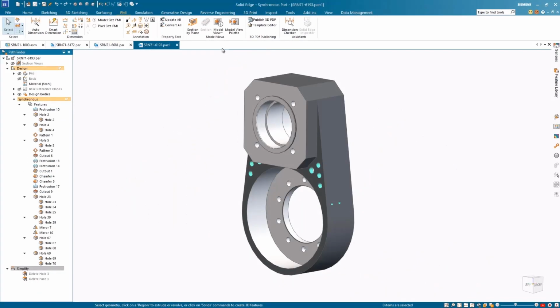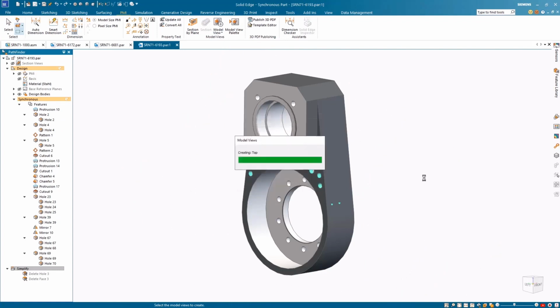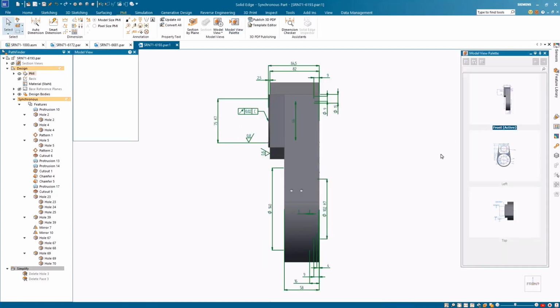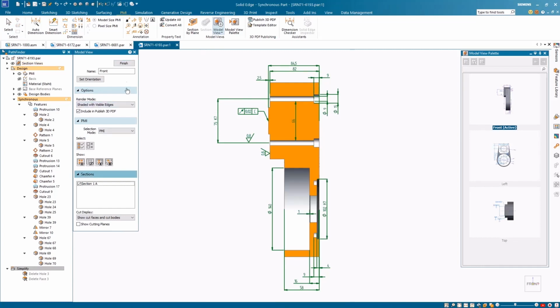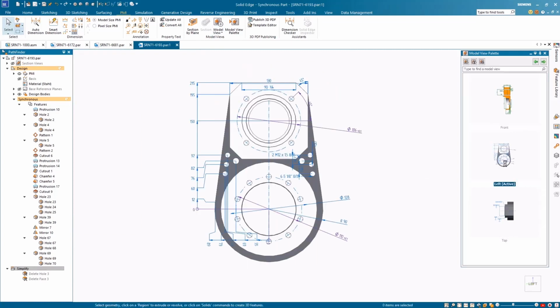The Common Model Views command allows users to create common model views automatically with the existing PMI. With the required view selected, Solid Edge automates view creation. Applying section views to a model view is easy with the enhanced vertical command bar that can be launched from the Model View palette. These easy-to-use command bars make editing model views simple, like adjusting the render mode as we